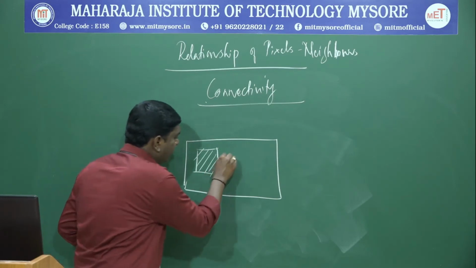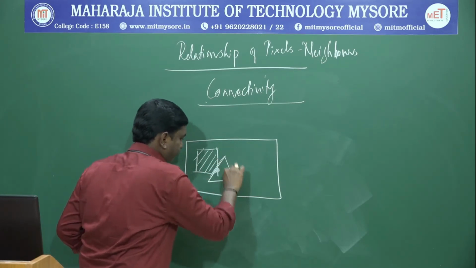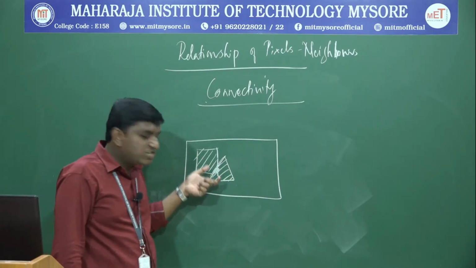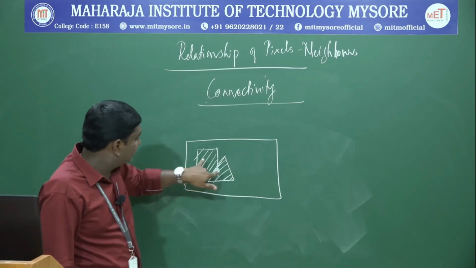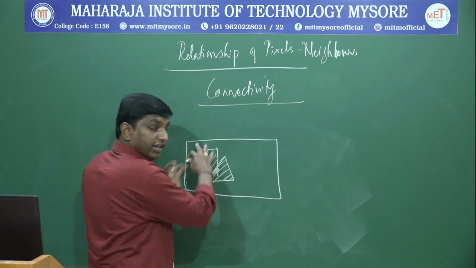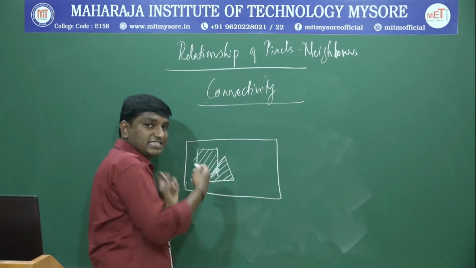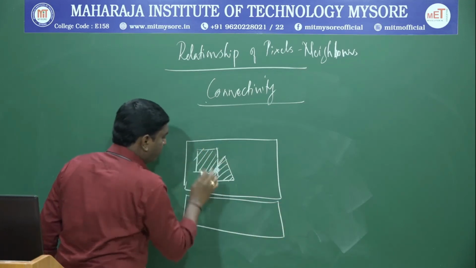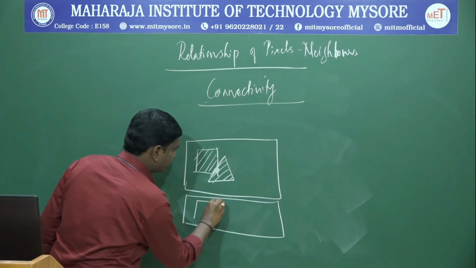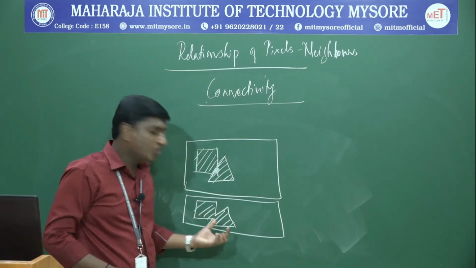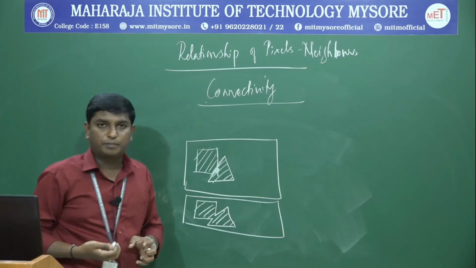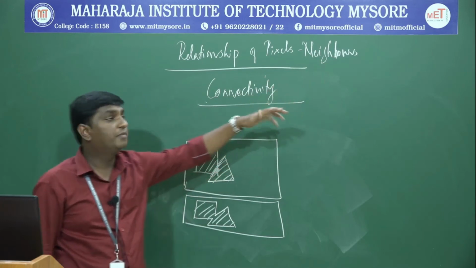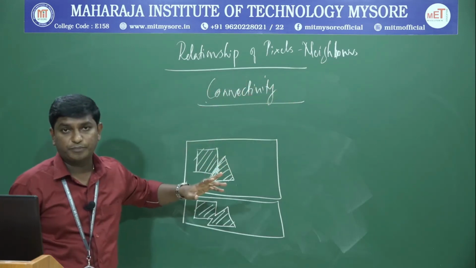One more way is, this is another object here. So two objects are getting overlapped. Now I can tell that this is actually one object, and if I apply a segmentation and extract that, it looks something like this for me. If suppose this is my background image and if I pull it up, this looks something like this for me. So this is under my segmentation. So this is the connected part, I will pull it up. In this way your relationship between pixels and neighbors will help us with the concept of connectivity.